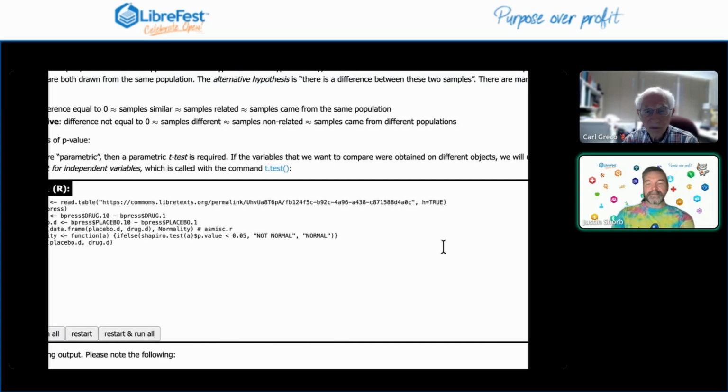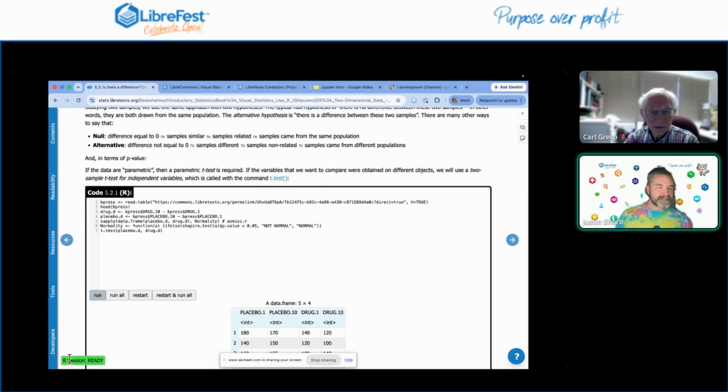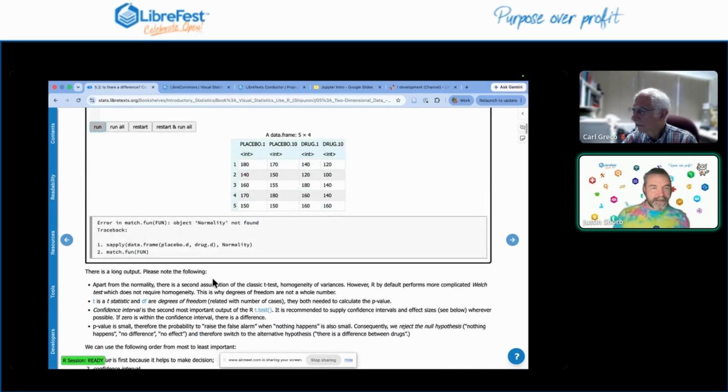And then Carl's going to go through the little addendum that you have to use if you're going to directly use it in code, but I'm just going to type it there so I can show it to you. If I click on run, it says that our session is ready to run, and you can see it showed me the data set that it read from that database. And then it looks like I might have